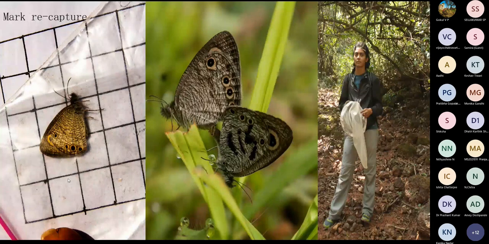We would also take the GPS locations of each of these butterflies. So if we find them in any part of the study area, we would know how much these butterflies have moved. So studying this movement behavior of butterflies was really important to see how butterflies move between the grassland and forest patches, and also if there is any difference in butterfly behavior in different habitat patches and in different seasons.